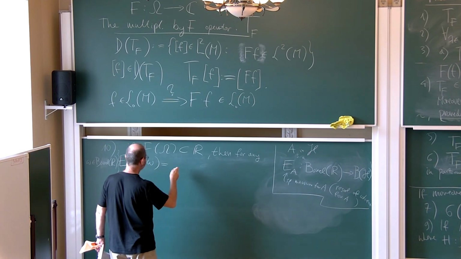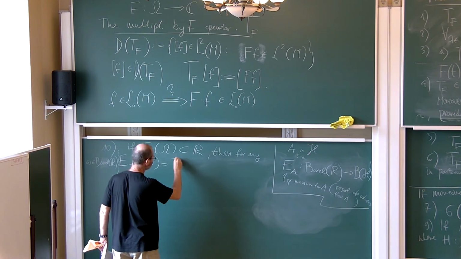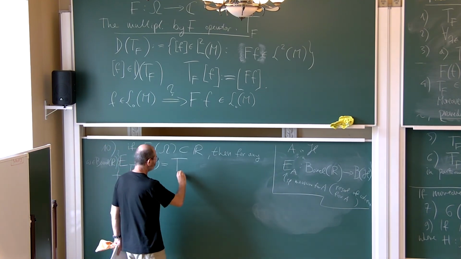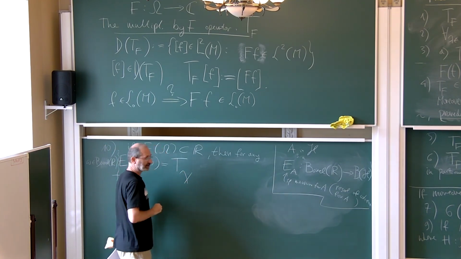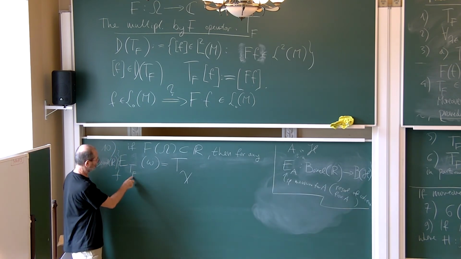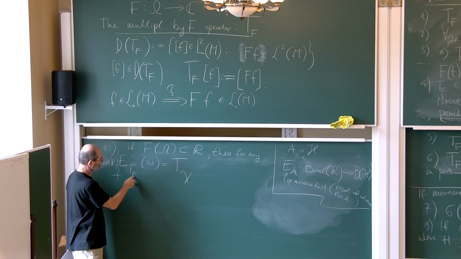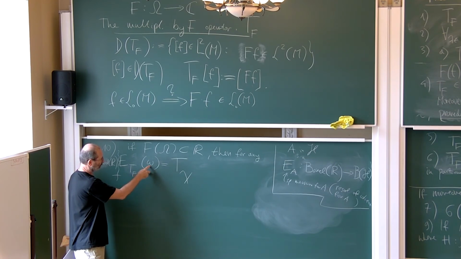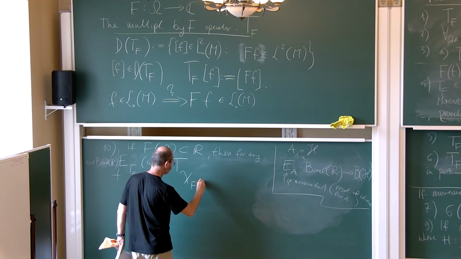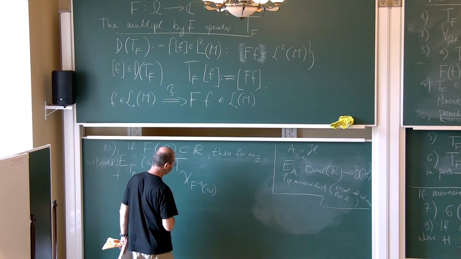This is equal to, and what should I write? I should write this here also, the multiplication operator, by the characteristic function of the inverse image of omega by f. Yes,